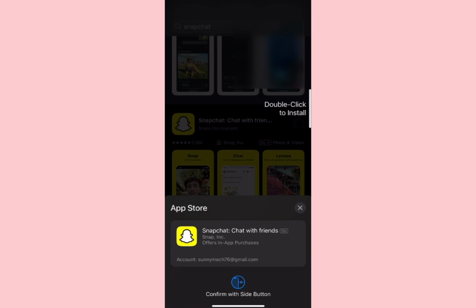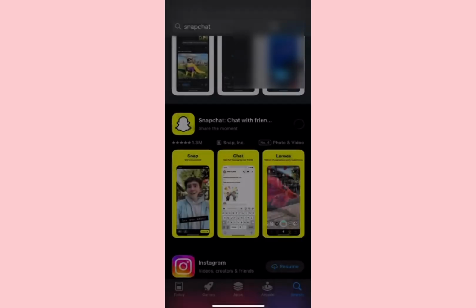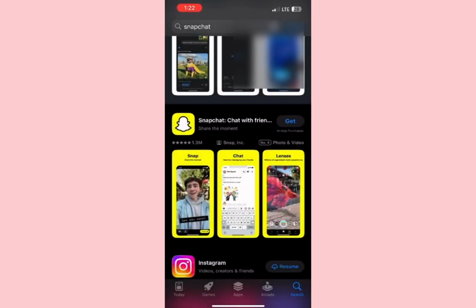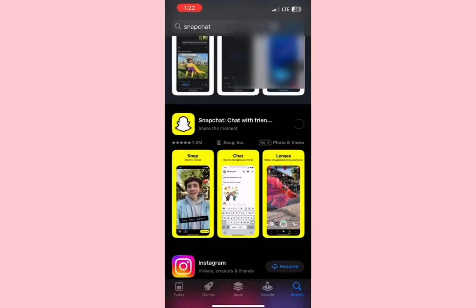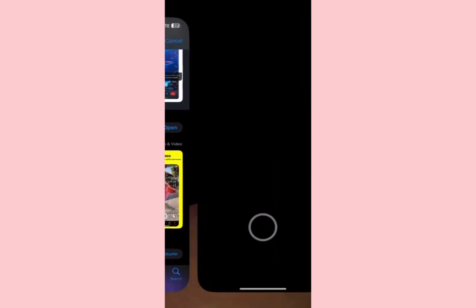Verify here, either with a double click or with face verification. After verifying this, it will automatically start to download on your device. So you just need to hold on for a few seconds. It depends upon your network. Okay, it's done. Now click on the Open option, and then you'll get to see this type of